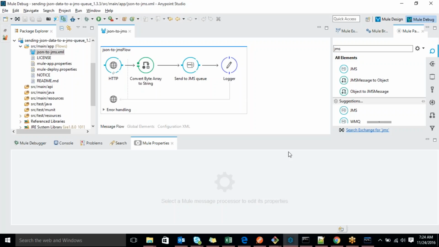Some other system will subscribe to the queue. Based on that callback URL, they will pull the data from that queue and push that data to that particular callback URL. You are getting. Understood, right?